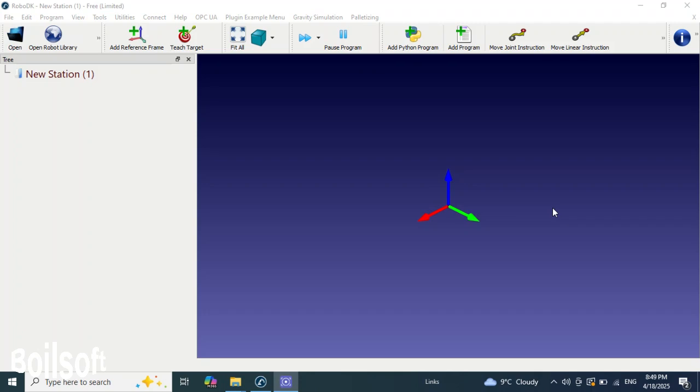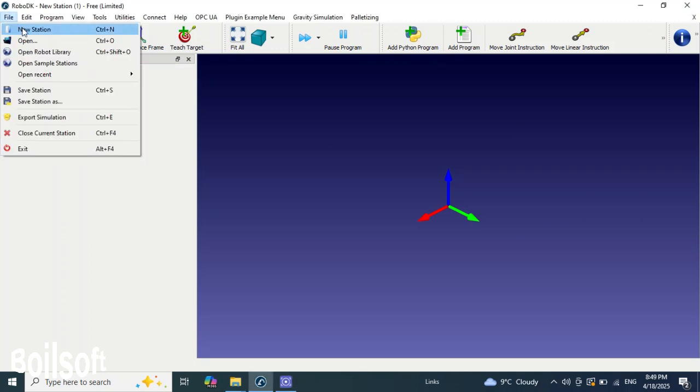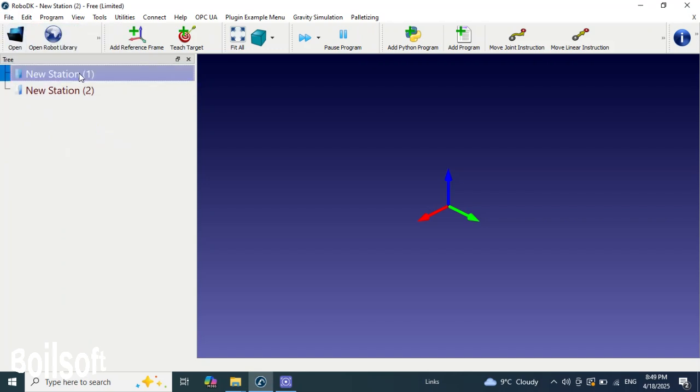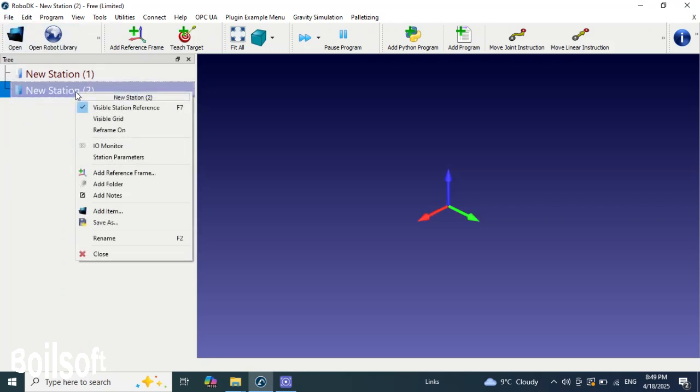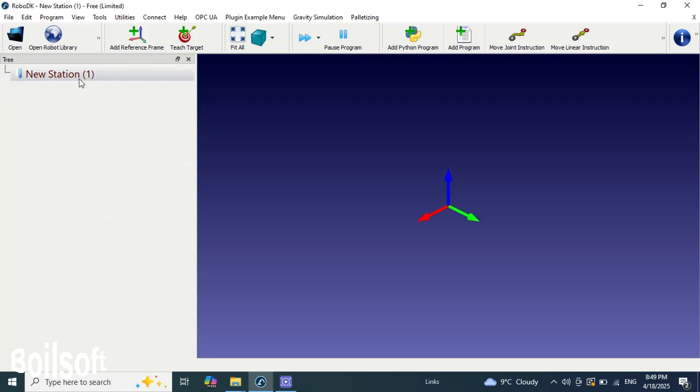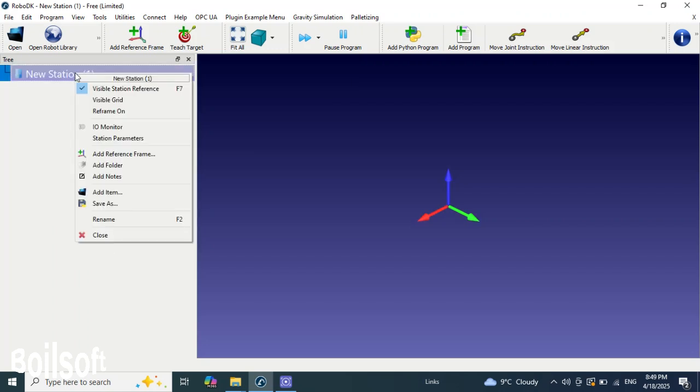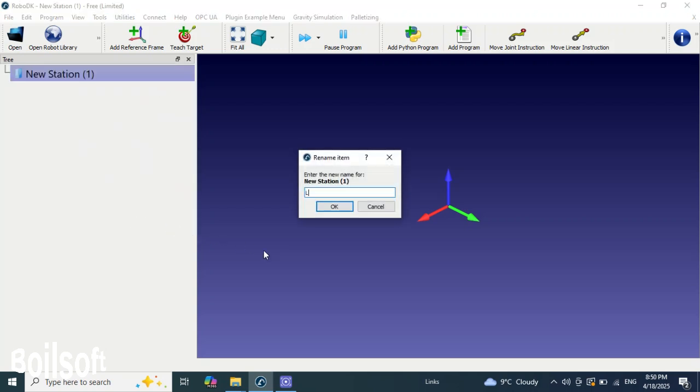After RoboDK installation and double-click on the RoboDK software on the desktop, this page will appear. Click on file and new station. Station number 1 or station number 2 will appear. I made it before, and then I right-click on station number 1. I want to rename it to L-shape line